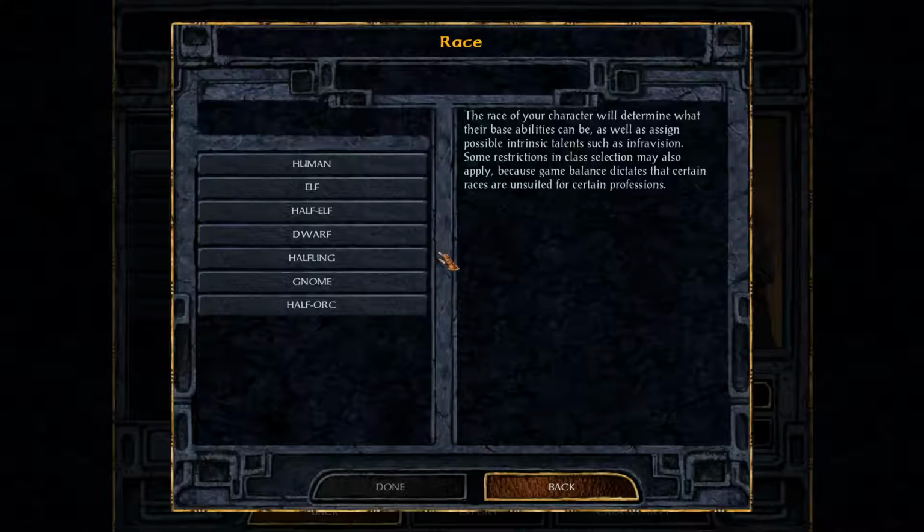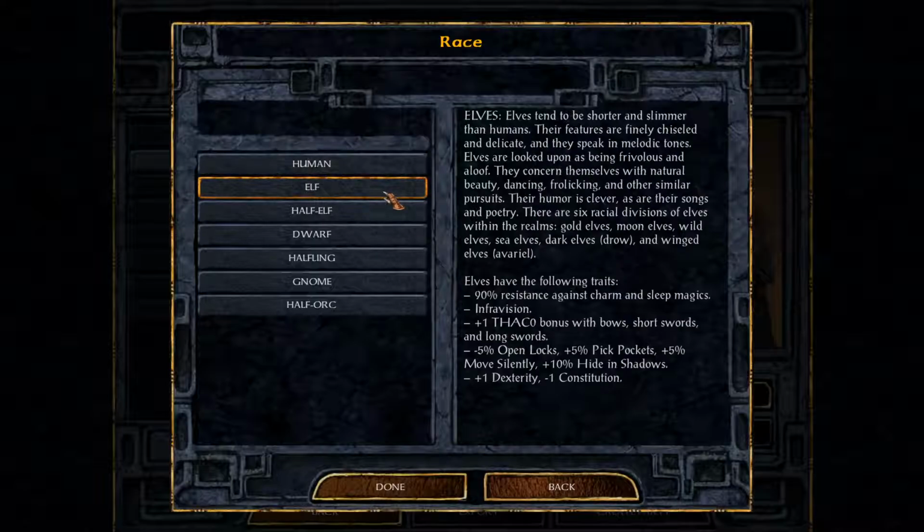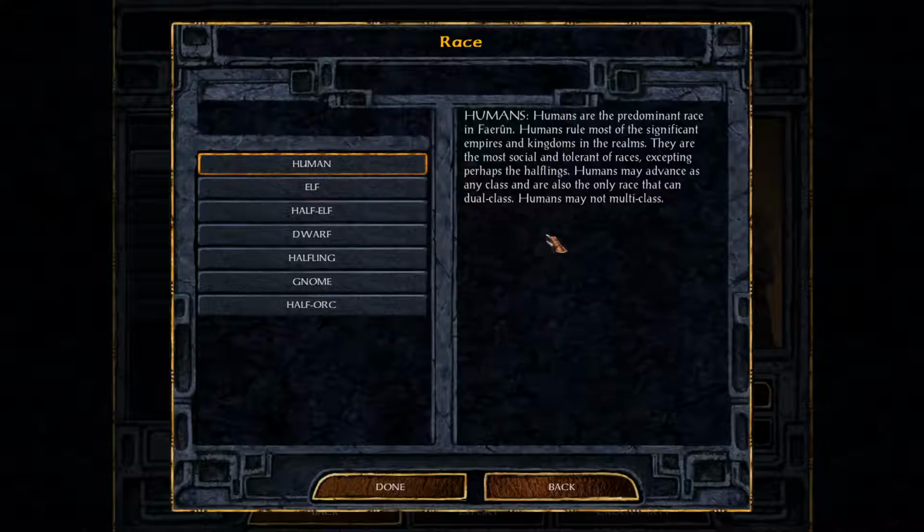So being a bit of an older rule set, you'll have maybe not so much generic, but more just standard options for character creation. But there's a good variety. They each have their own strengths and weaknesses. Humans are the only race that can dual class, which is basically a special way of having multiple classes